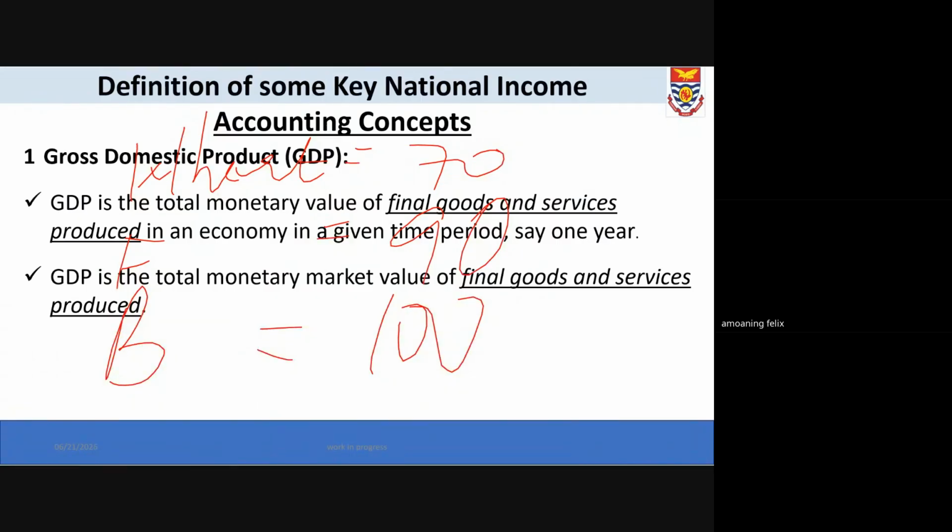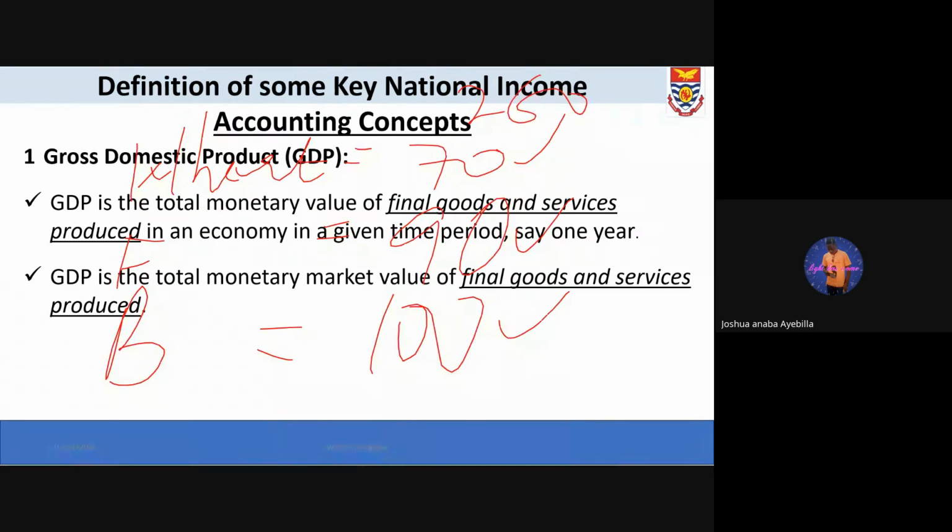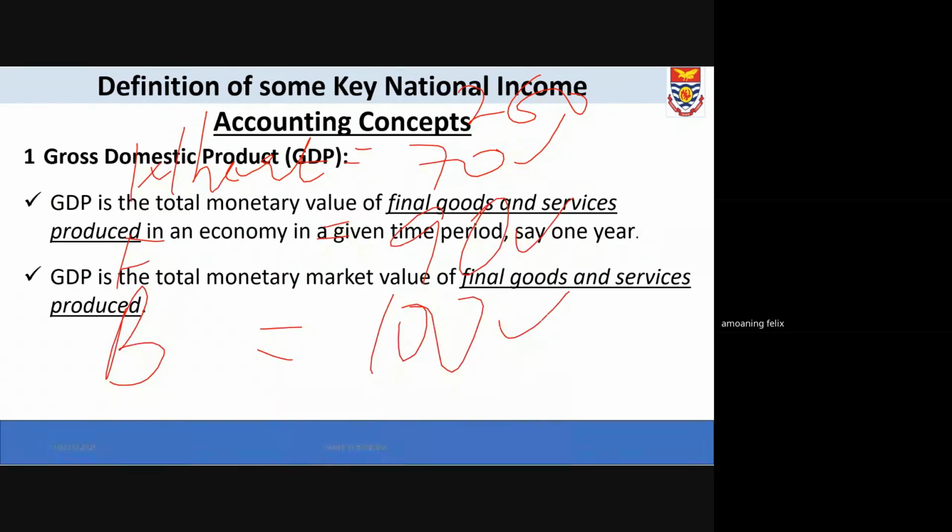All right. So this is the value that we have attached to it. Now, if I want to calculate what we call the domestic production that has gone on in the economy, somebody will just add 70 plus 90 plus 100, and that one will give us about 260. Okay. So the thing is that when you add all these values and get 260, what they are trying to